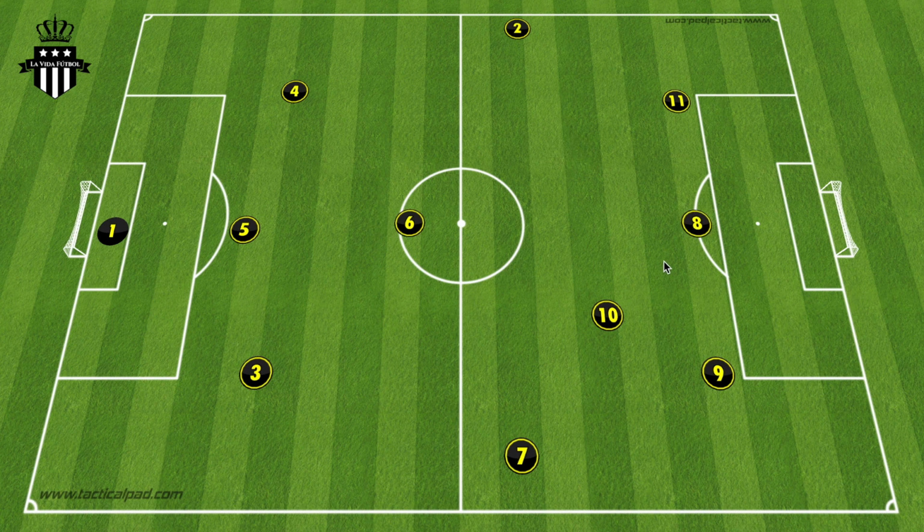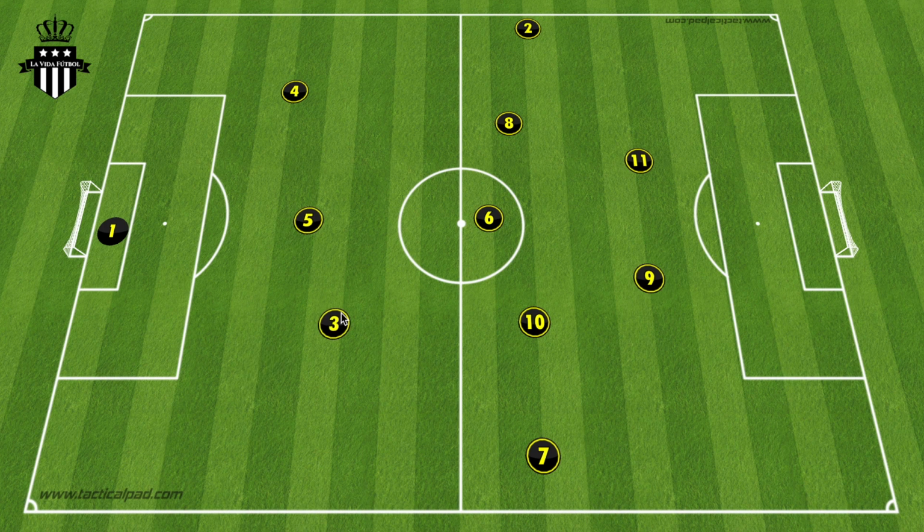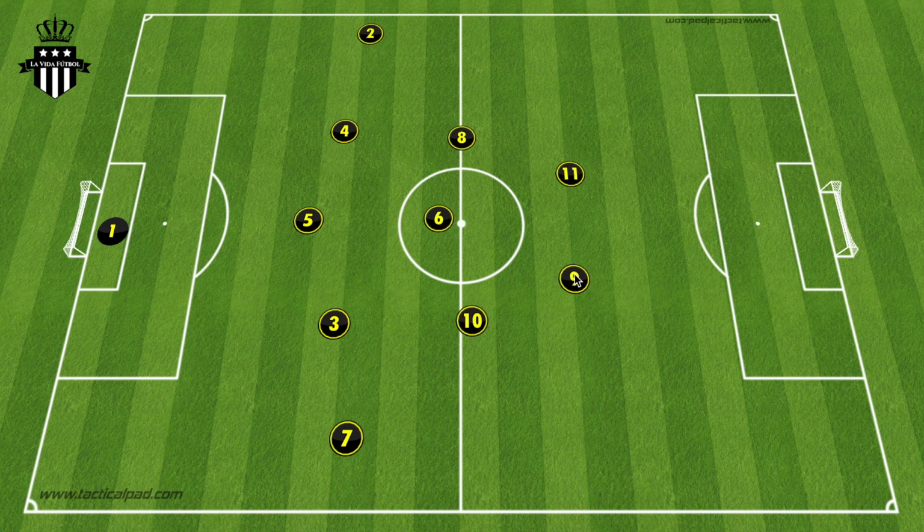So defensively, you can defend with the 3-4-3 by having one of the offensive midfielders push up and having the other one get in line with the number 6 so that you have a 3-4-3. You can also defend in a 3-5-2, so just bringing everybody back a little bit. And if you want, you can also defend in a 5-3-2 if you want to be a little bit more defensive. If you use this, then you would be further back so that you employ either a middle field press or a defensive press. So on its face, I wouldn't use this formation to do a high press, simply because